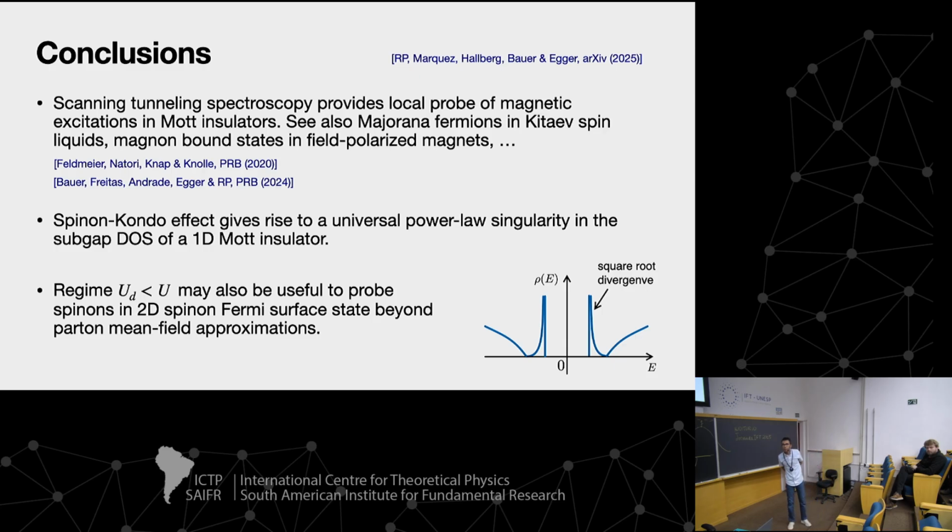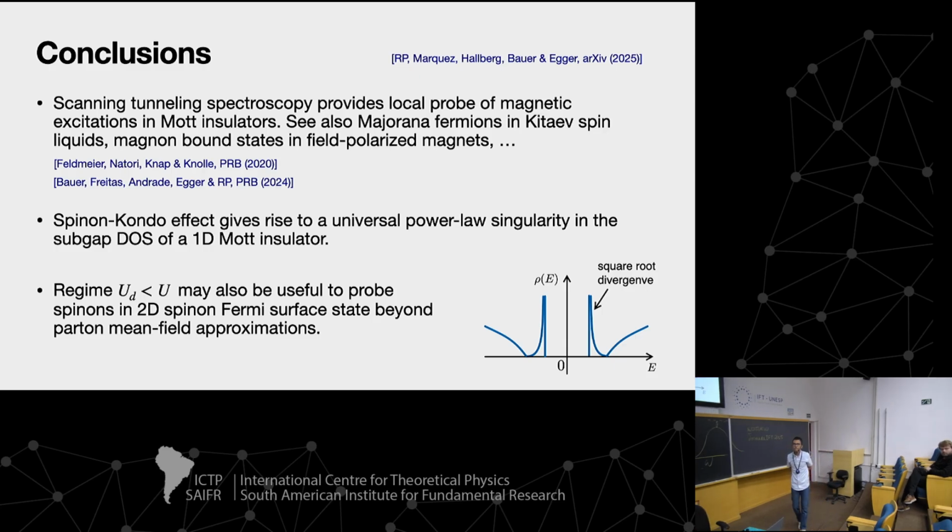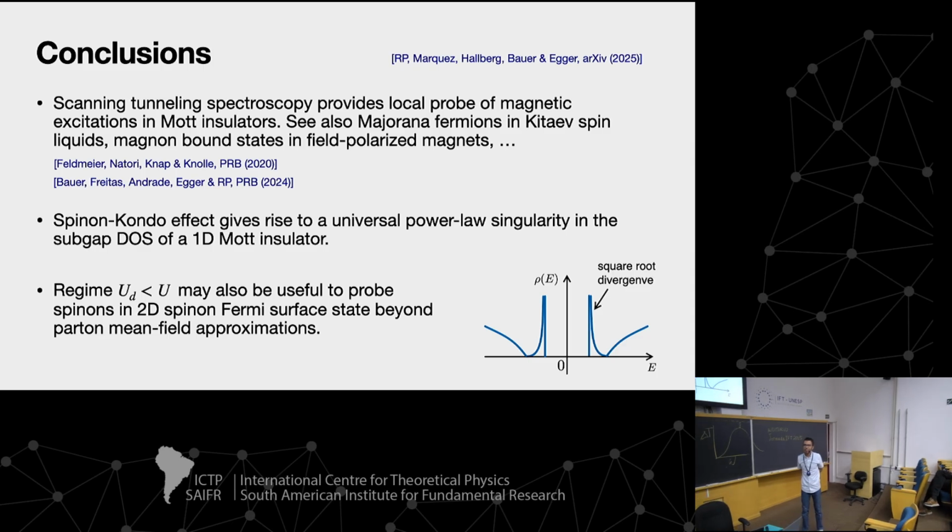Rodrigo, how important is it to have just the impurity on one side? Like if I had also put another impurity mirroring it on the other side, does the effect go away? Or if they're very far apart? Yeah, so that's the question. Is there a critical distance beyond which it changes?